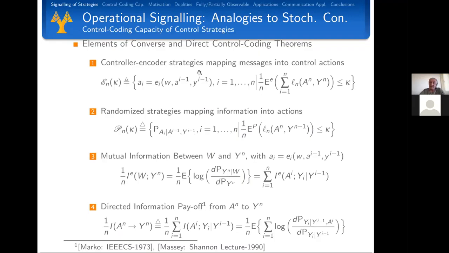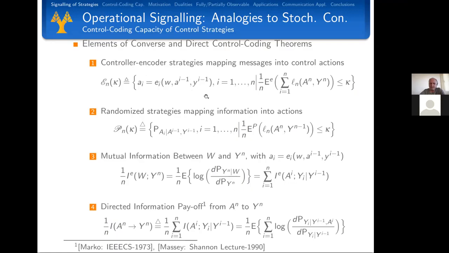Now, in information transmission, one usually doesn't want to deal with maximizing or finding the capacity, the supremum of all achievable rates by using encoders. So one uses randomized strategies, and one attempts to show that capacity is actually independent of the messages. And this is the set of randomized strategies, I would call, which are conditional distributions. In this setup, I assume that there is noiseless feedback, not noisy. Of course, if there is no feedback, that means this Y will not be part of the definition of the